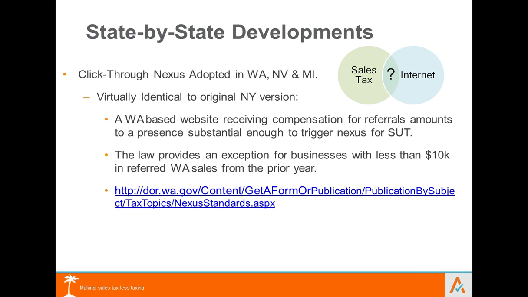And this happens, the states will see something work well in one state, like New York in this case. They've got the money, they've got the horsepower in Albany to pay attorneys and to litigate this stuff and to sort it all out. And New York did exactly that. It's made it all the way to the highest court in New York, and the courts have all blessed it. The U.S. Supreme Court said, we're not going to look at it. So it's good law in New York. And like wildfire, the other states will literally cut and paste those rules into their own regulations and roll the dice. And that's what's happening with click-through nexus.